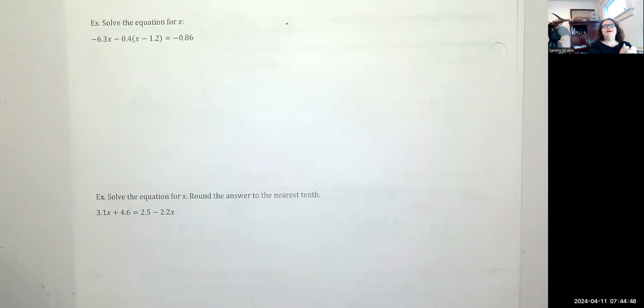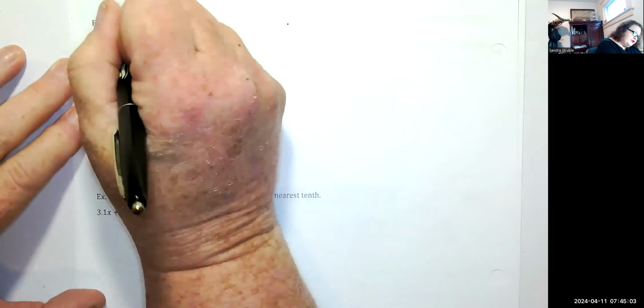Okay, let's solve the equation for x. Negative 6.3x minus 0.4 times x minus 1.2 equals negative 0.86. There's nothing we can do inside the parentheses. So what we have to do is distribute because we have that negative 0.4 on the outside. And that'll be the first thing we have to do